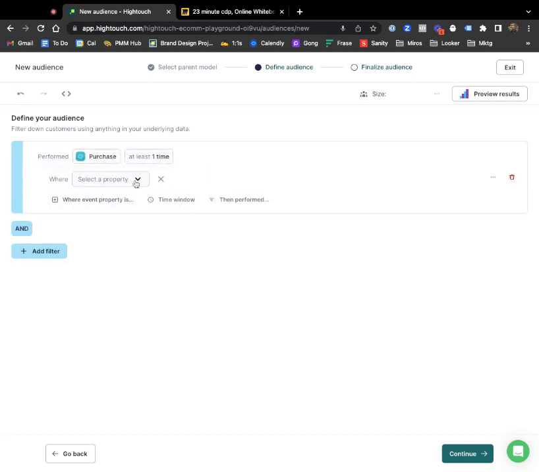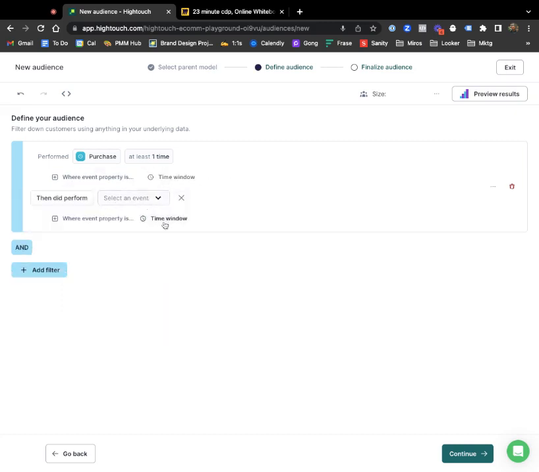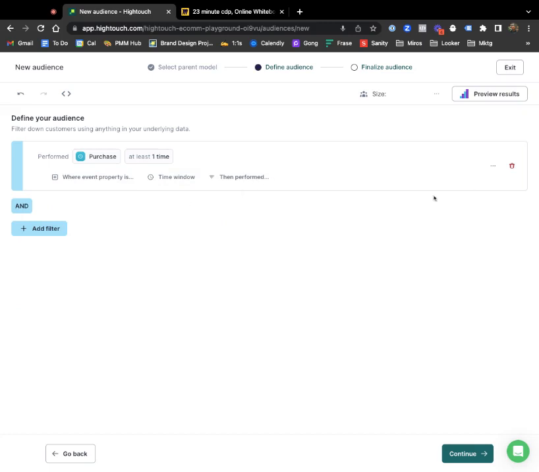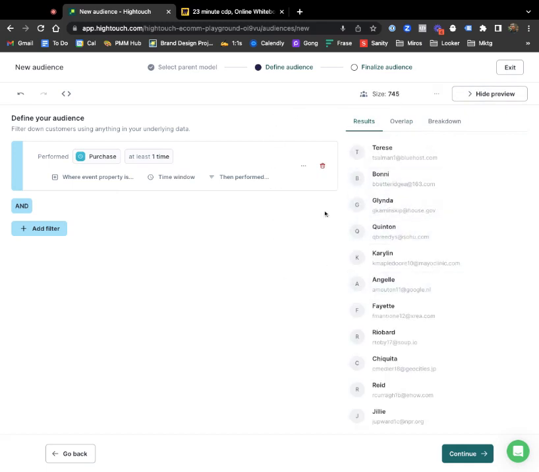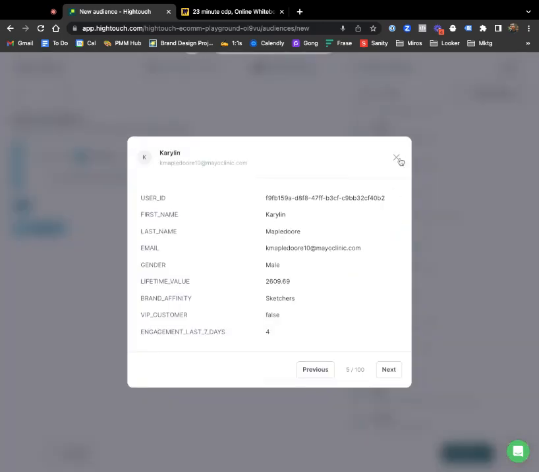And if I wanted to, I could go and add in additional things like brand or category, or say users who purchased and then did this and did not do this in this time period. But we're just going to keep things really simple and just say purchase one time. I'm going to hit preview. Hightouch is going to query on that Snowflake database and see that there are 745 different users that could fit